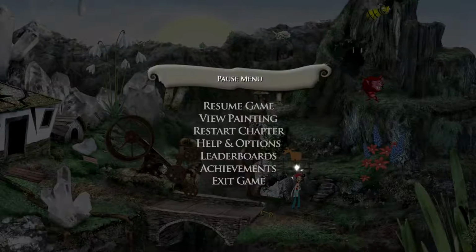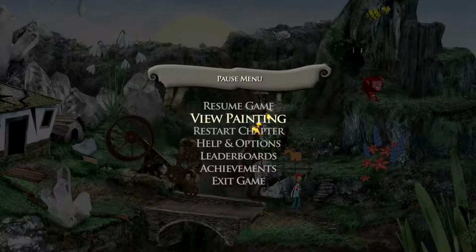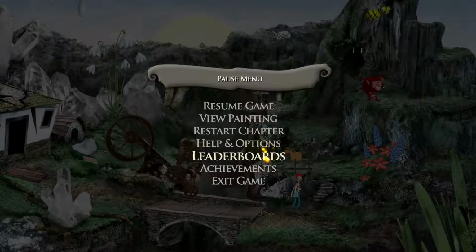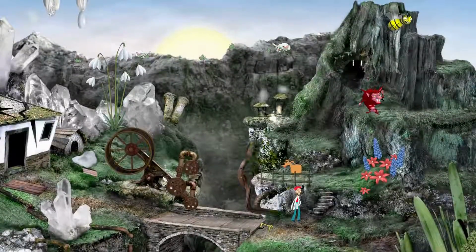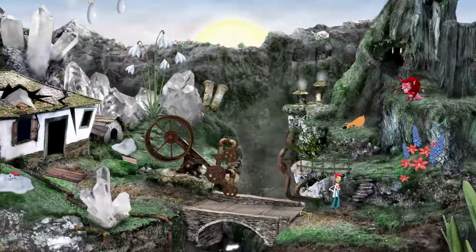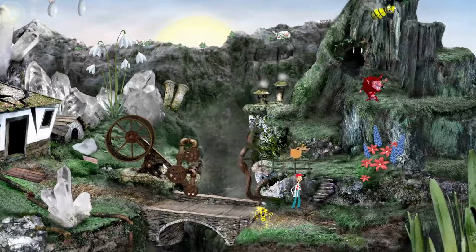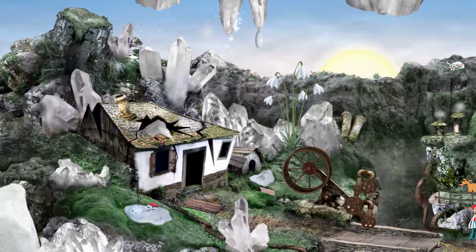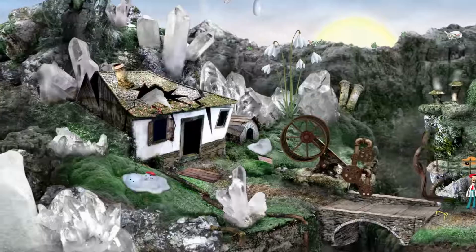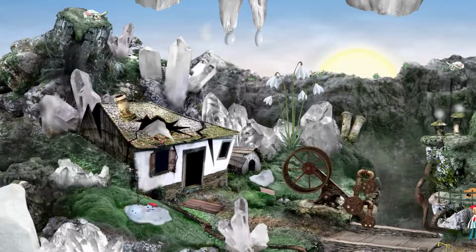So if I go over here to escape and then let's see, view painting, we can see there's 7 more of them. And is that 7 more in chapter 1? I'm not sure. And that still doesn't really show you the... I suppose we could walk here. I wonder why that's specifically something you could do. Well, the game didn't say that you got points for doing every action. It specifically said you would get points for